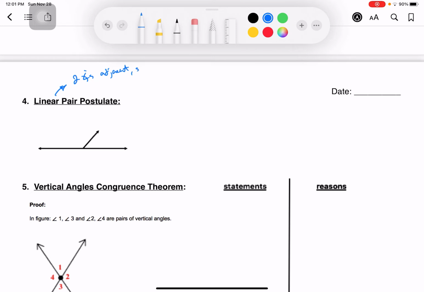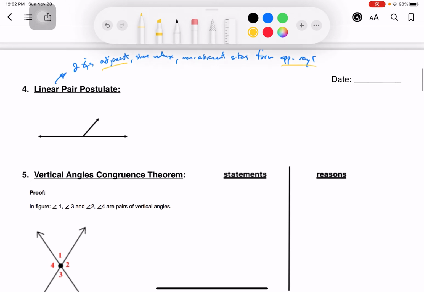They share a vertex, and their non-adjacent sides form opposite rays. And if you don't know what an opposite ray is, I recommend you go ahead and look that up. Okay, so linear pair is technically 2 angles adjacent to each other, sharing a vertex, and their non-adjacent sides form opposite rays. And if you don't know what an adjacent angle is, you have to look that up too, because at this point it's review. All right, so